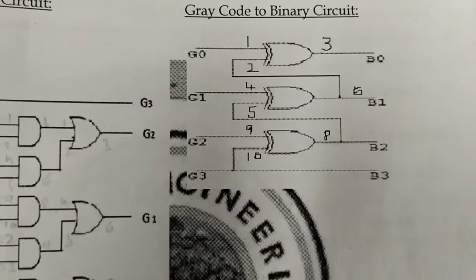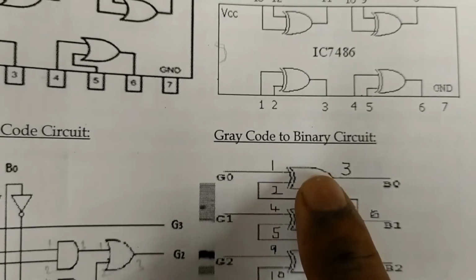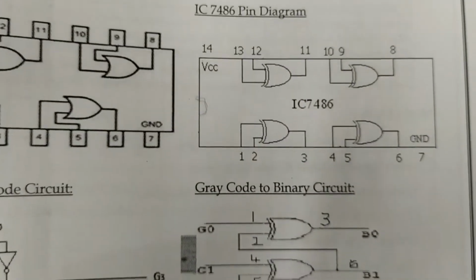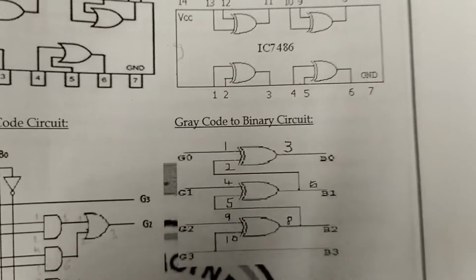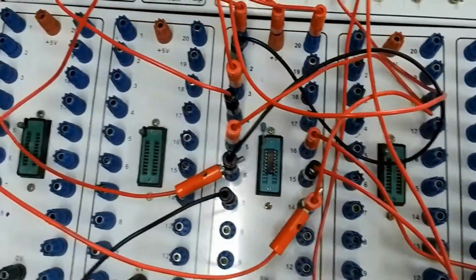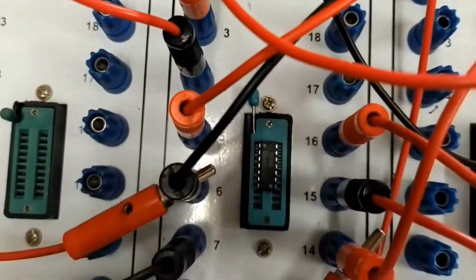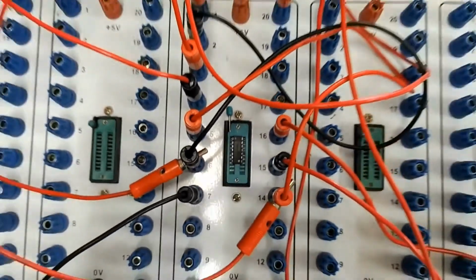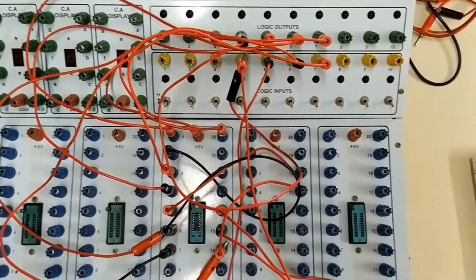So here, if you can check out the circuit, I need to be having 1, 2 and 3 XOR gate, which means that I need to be taking one single XOR gate, and I can be implementing gray to binary code converter as it is seen here. So you can see here there is a XOR gate IC, and the connections are made as it is shown here. You can see the connections.